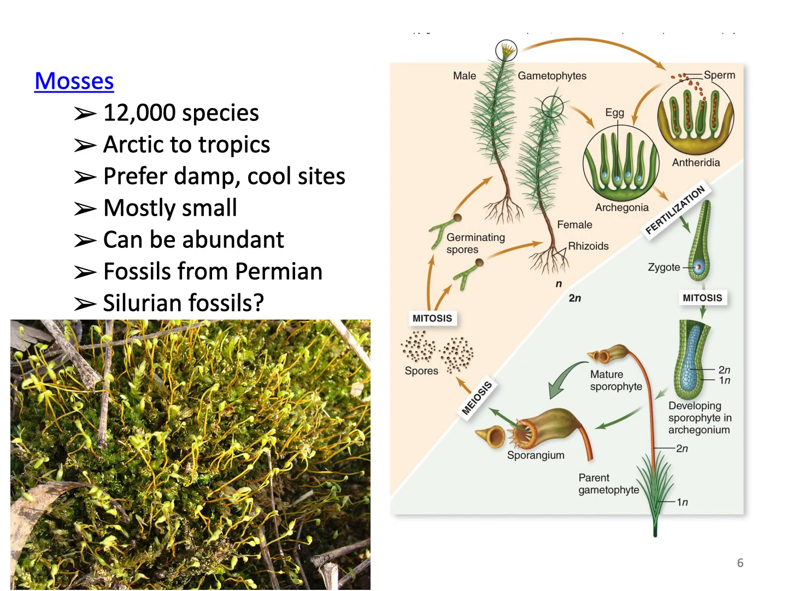The next big group are the mosses. And I think the mosses most people are familiar with. There's 12,000 species, again from the Arctics to the tropics. They prefer damp sites. They don't want to be in direct sun often. They're mostly small, but they can be very abundant. And in some places, in some habitats, they may be a dominant plant, but they're never going to be more